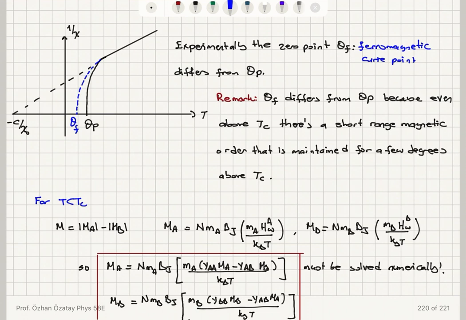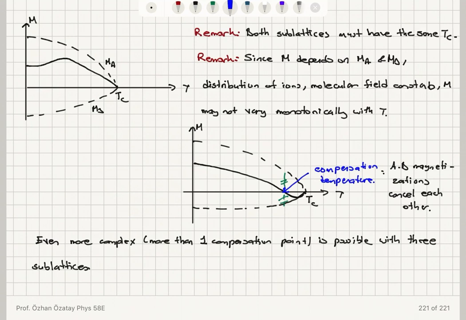So the ferromagnetic Curie point is basically Tc, but for it to become a true paramagnet, we have to wait for a few more degrees. For T less than Tc, we use the Langevin formalism. For alpha, which is mu H over kT, in the Brillouin function, we substitute the Weiss molecular fields for A and B sublattices, and we can find M versus T,